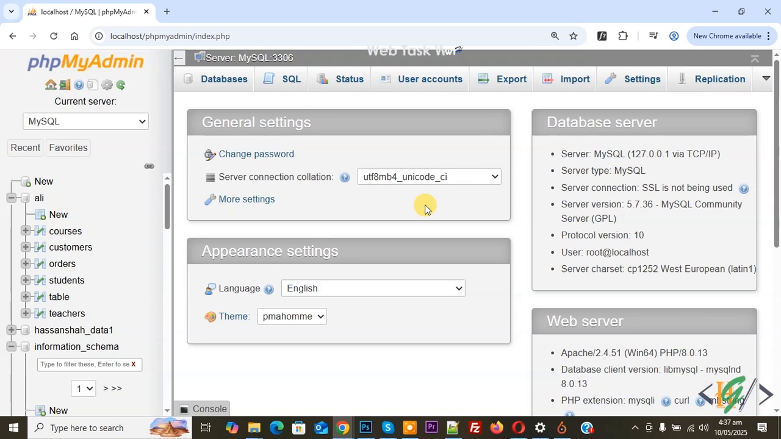Bismillahirrahmanirrahim. Assalamu alaikum. My name is Hassan and today we are going to display a list of all unique keys in